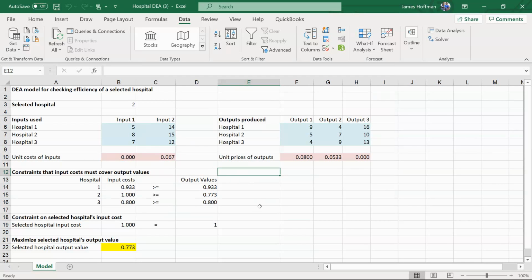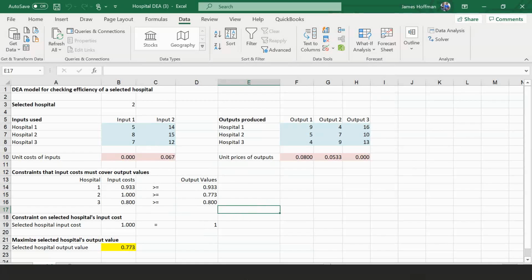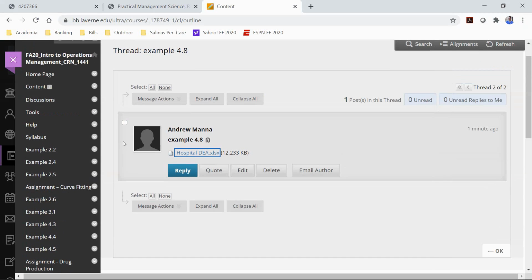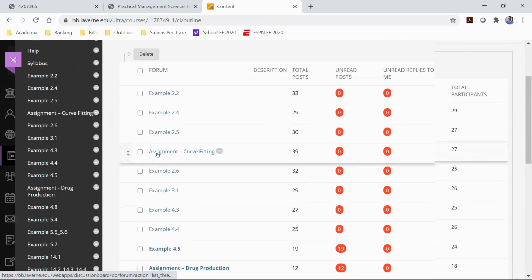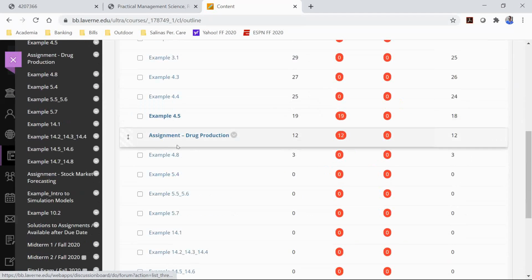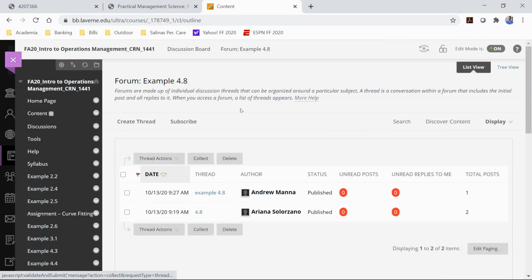Now, Dom, or who's the one, who else is getting zero? That was me. Okay, do you want to post yours? Yeah, I'm doing it. Alright. I looked at Ariana's and yours looked fine, so I'm not sure what the problem is. But maybe it's a Mac issue that I'll confirm with